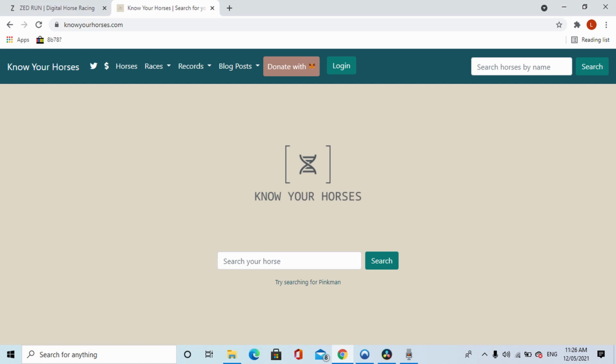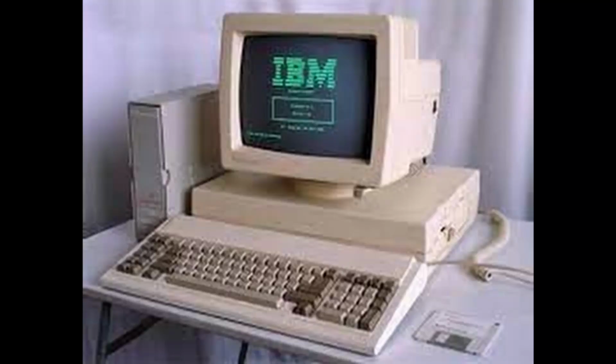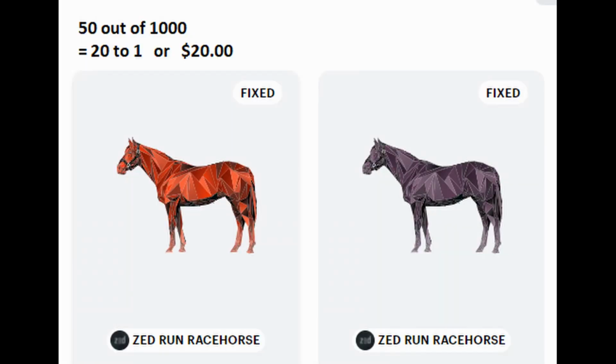In the game Zed Run, when a race is filled, the Zed Run supercomputer runs 1,000 simulations of the race. The odds are a direct representation of how many times each horse finished first in the 1,000 simulations. For example, if your horse won 50 races out of the 1,000 simulations, that means it won 1 out of 20 races on average, and the horse's odds will be 20 to 1, or $20 as they're shown across the